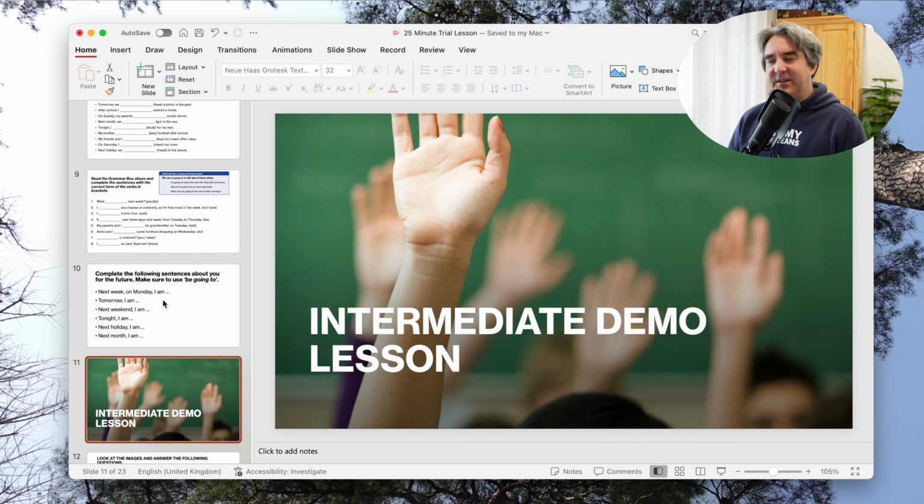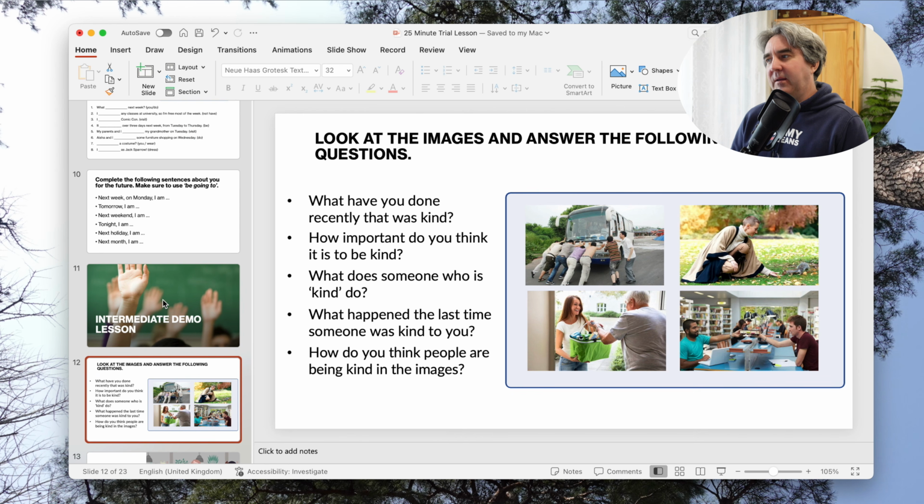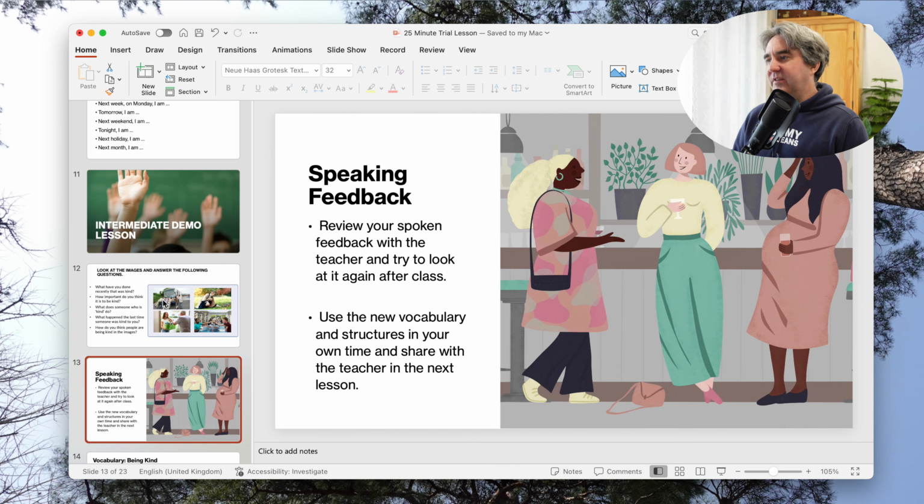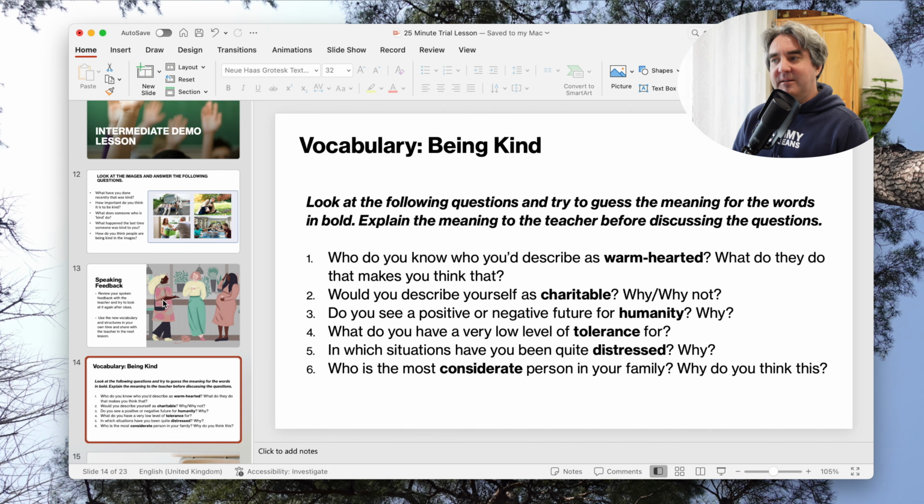The intermediate demo lesson, again, I went for something which is geared for maybe intermediate, upper intermediate students. And again, I kept with this activity, which can be used for exam preparation classes or general conversation classes. So here it's about kindness, and I've got some pictures for the students to look at and a couple of questions. The next step, of course, is giving them feedback, some speaking feedback, and then finally getting them to assume